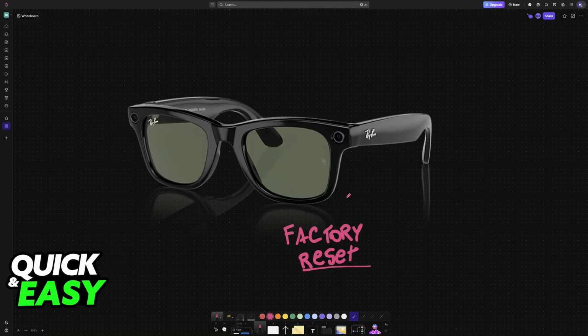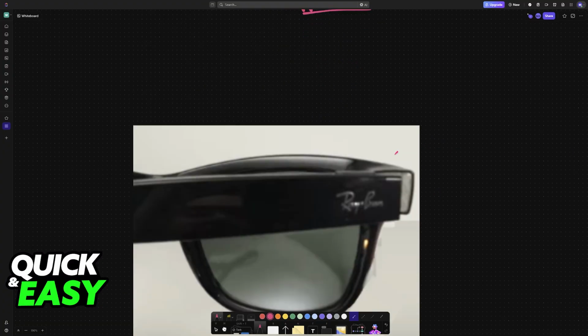Ray-Ban Meta glasses. First, you can do this through the mobile app or without using the mobile app by manually doing a combination of buttons. I'm gonna showcase how to do it without the app because this is going to be the method that applies to everyone. So even if you don't have access to the Meta AI mobile app, you can still